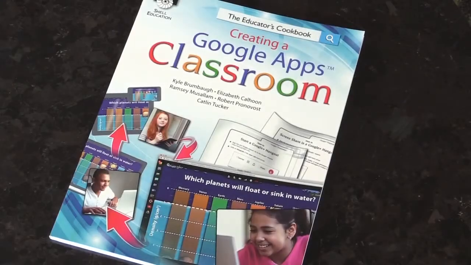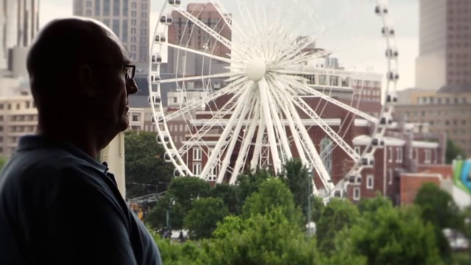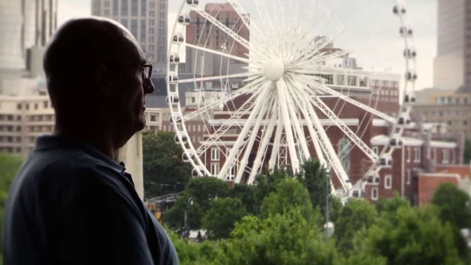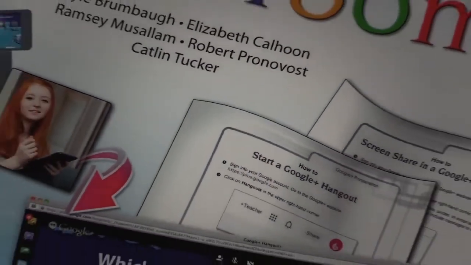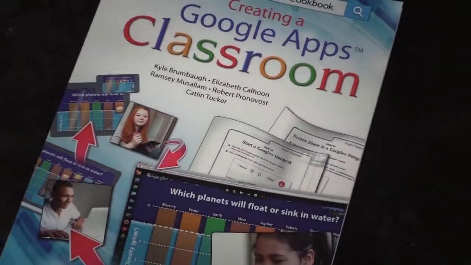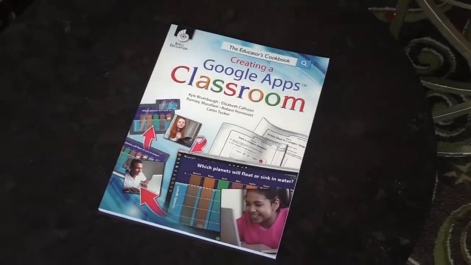The book that we published is really an Educator's Cookbook in using Google apps in the classroom. It's a lot of free tools, and there are some add-ons there as well. But with the cost and with the free tools that are available to all students, there isn't a barrier to students being able to use these tools and to basically have access to some very powerful tools to create whatever they like. And I think that's the key more than anything else, is that whole idea of student creation of